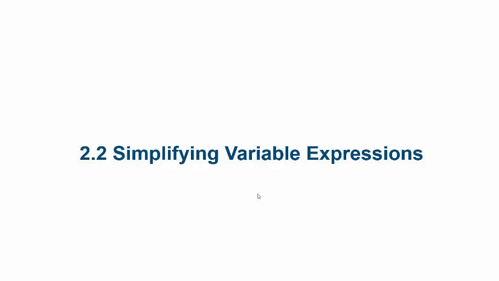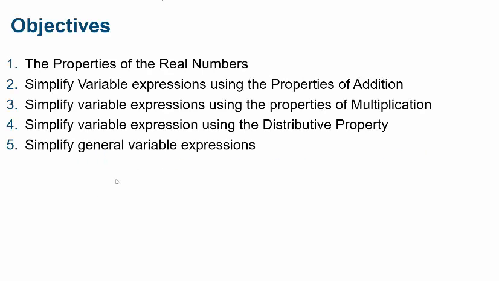Hi class. What I want to do in this lecture is talk about simplifying variable expressions. Okay, so we're going to have 5 objectives we're going to talk about in this section. First one is we're going to talk about the properties of real numbers. And basically what the properties are, they're just ways you can simplify and work through problems. And we're going to use those properties later when we get into the following objectives, which are simplifying variable expressions